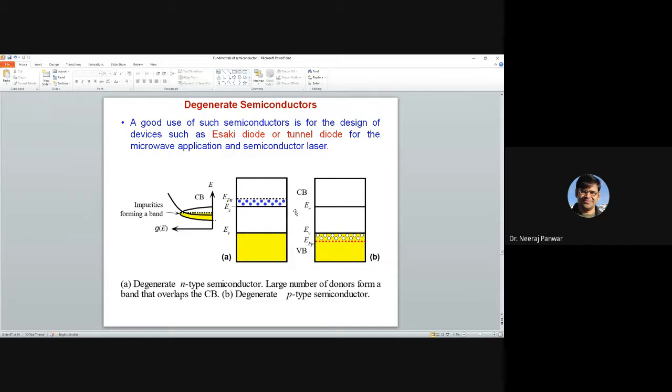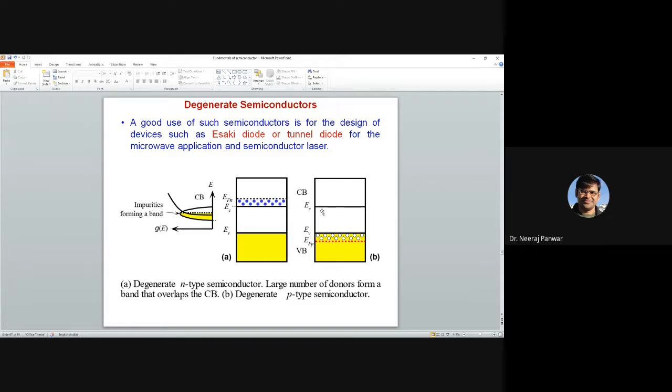So when we join them, there will be one Fermi level. These empty states will be in front of these electronic states, and these electrons can tunnel from the n side to the p side, leading to the flow of